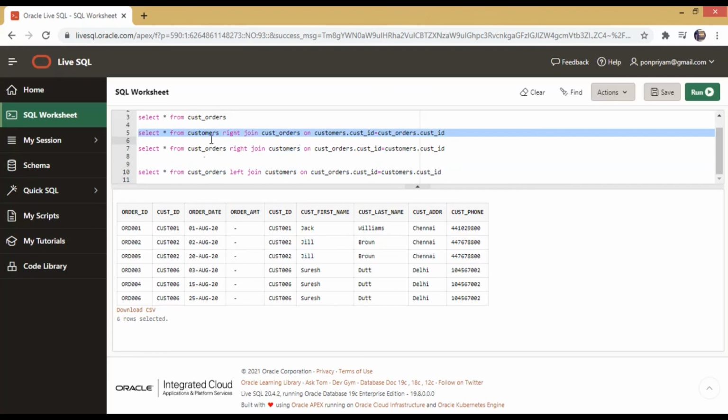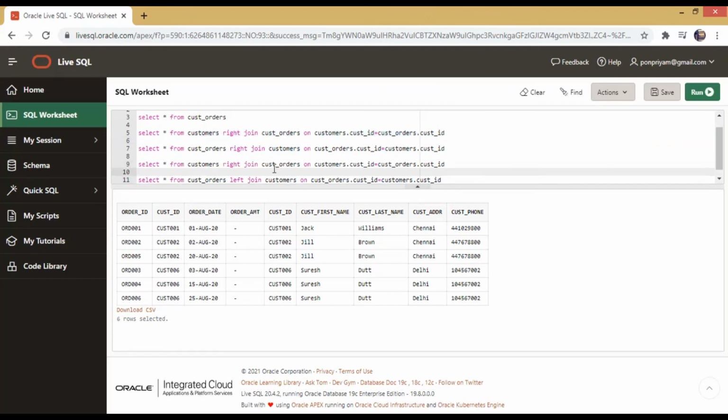This is what we had in terms of right join. When I swapped the order for the left join with these tables, they seem to be the same. You get exactly 6 entries, and for every order, the corresponding customer information is getting displayed. So right join and left join are almost mirrors, wherein I change the order of the tables and the records get changed accordingly. Okay, so with this we'll close this session. In the next session we will see about self joins.